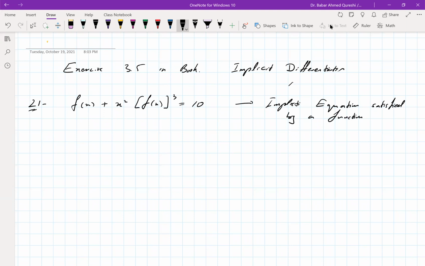People usually don't even call that an implicit equation. They just say an equation satisfied by a function. Regarding f as a true function, it may satisfy a certain equation. If you go looking for the solutions of this equation, then you may realize that you have more than one function which satisfies this equation. But that's beside the point. There is a function, one or more than one function, which satisfies this equation. You're given this, and you have to find